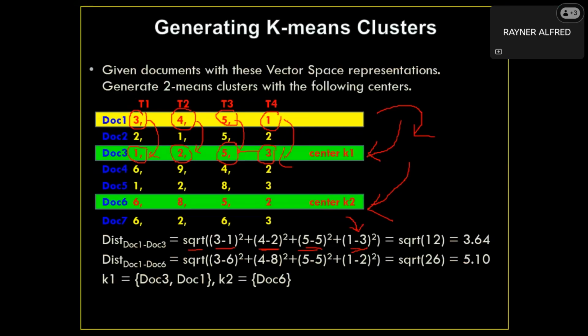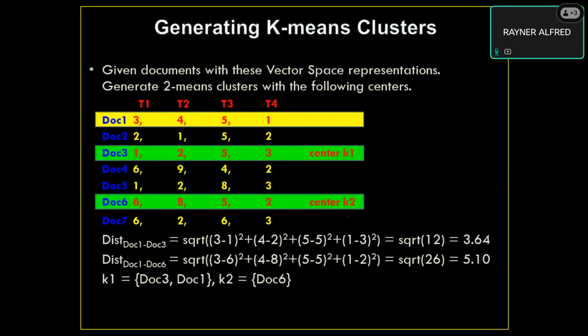So based on this, document 1 and document 3, the distance is 3.64. Okay, so the distance between document 1 and document 3 is 3.64. Now we want to find